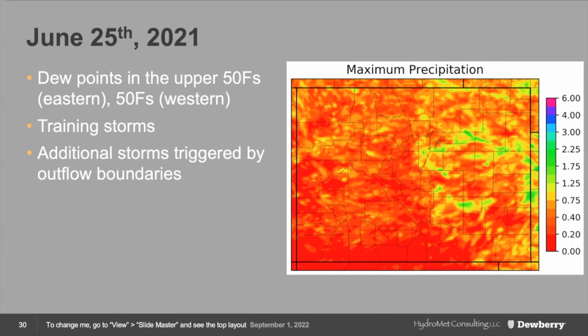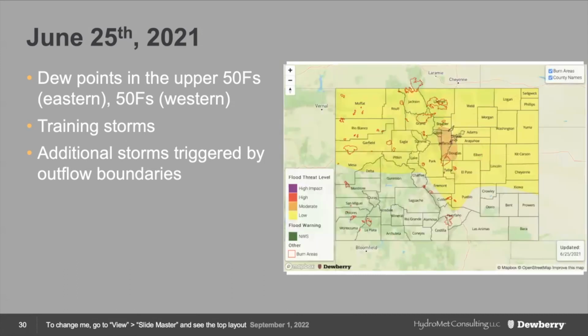One other thing that we were also worried about was outflow boundaries. So in a moisture rich environment, if a storm pushes out an outflow boundary, it can easily initiate other storms. So it's a triggering mechanism for lift. So we kind of went with this large area for a low threat, and then really focused on the Palmer Ridge and impervious areas, as well as the foothills for the moderate threat. So this again is just a little bit of know-how about climatology of the hot rainfall spots, as well as knowing kind of where your impervious areas are, where there's going to be increased runoff and potential flooding impacts in